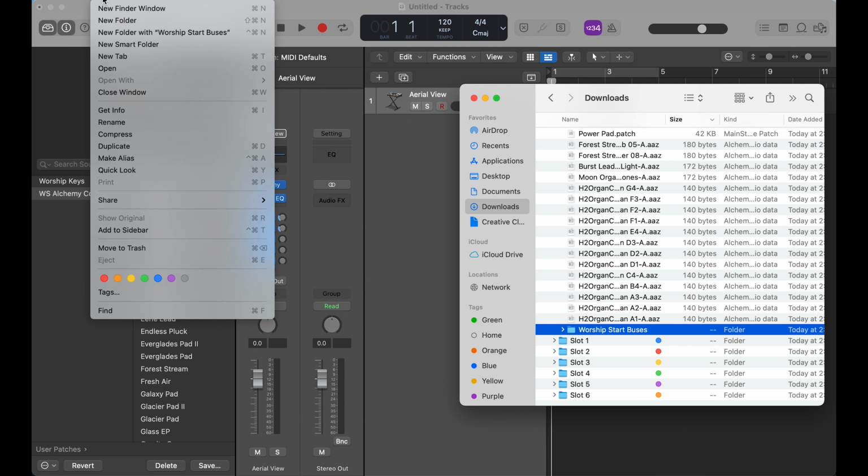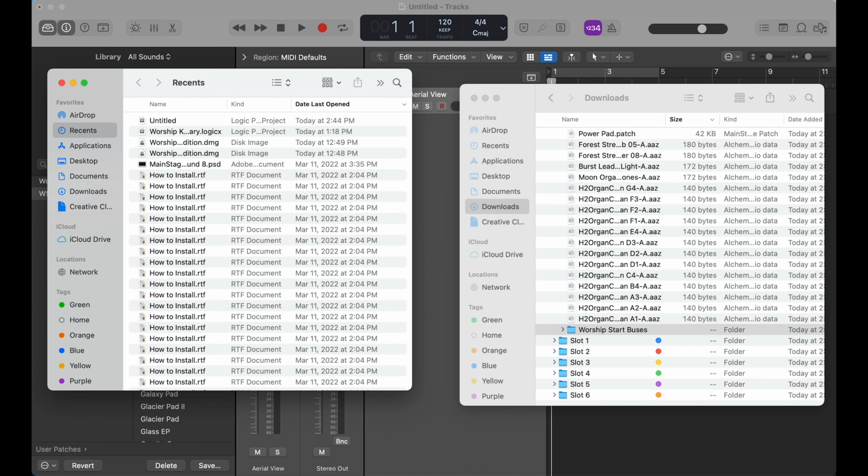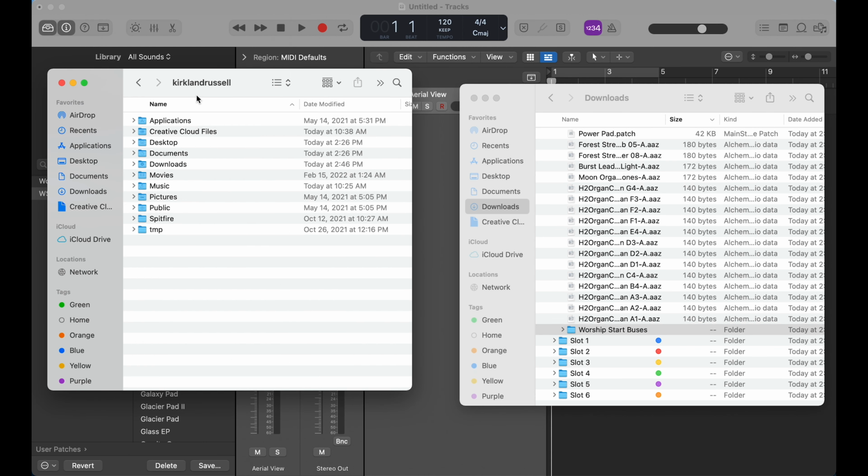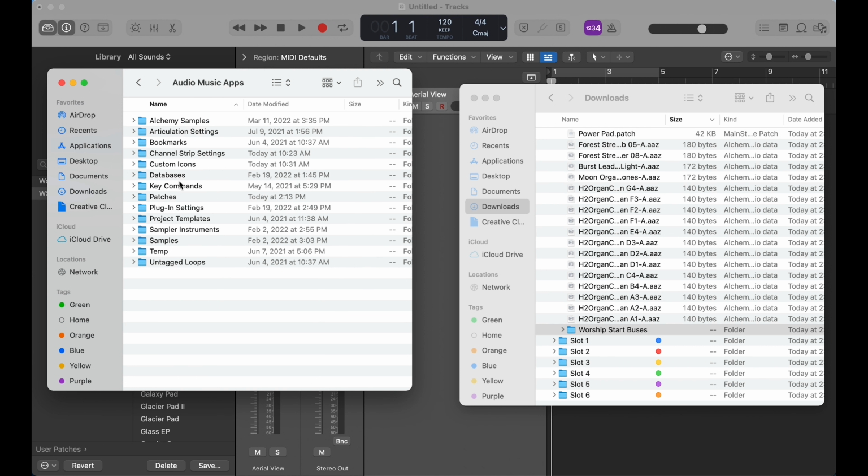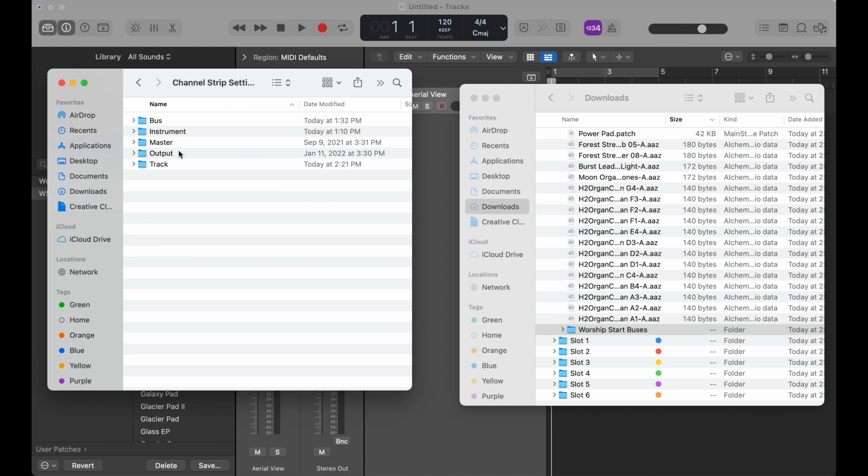We're going to create a new Finder window again. We're going to go Home, Music, Audio Music Apps, and instead of the Patches folder, we're going to click the Channel Strip Settings folder, and we're going to click the Track folder. Now you'll see this Performance folder here. It should be there, and if it shows up on your screen, it means that you're in the right place,